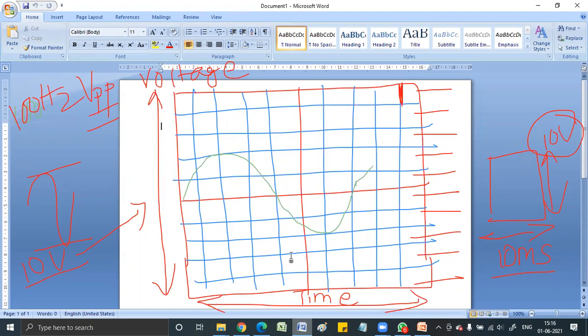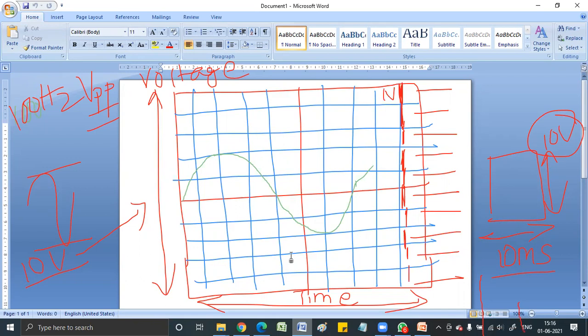If you add this plus this plus this plus this, adding all of them, you should get 10. So what is the height of one? It is 1. So the total height is 1 volt per one division. That is what we term volt per division. So the value of volt per division is 1 volt per division. For one division, it is 1 volt. Is this clear?